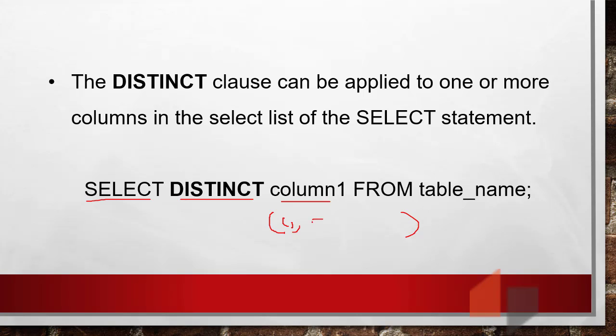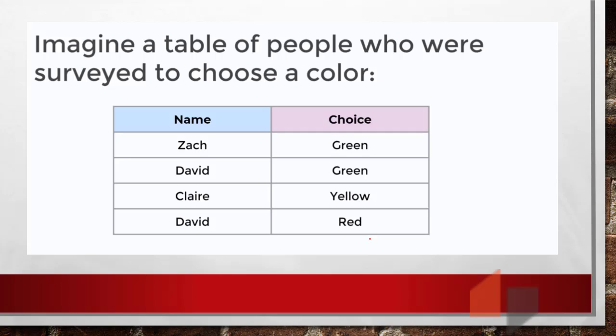This should be your first column, this your second column, this your third column, all separated by a comma. So select distinct the column name from your table name. When you have more columns, you put a parenthesis here and include your column